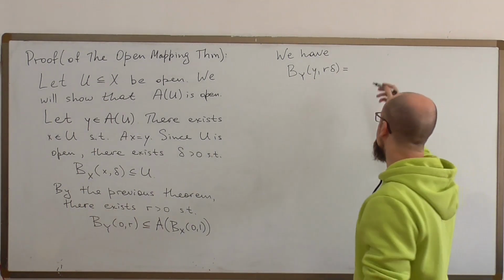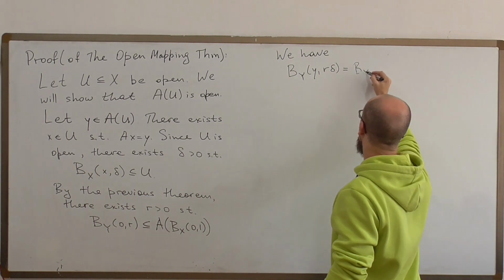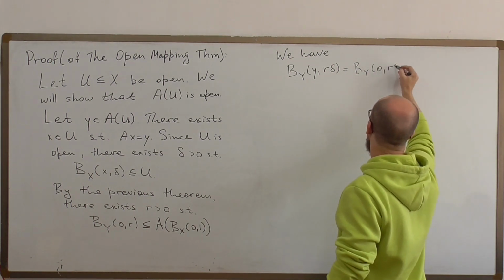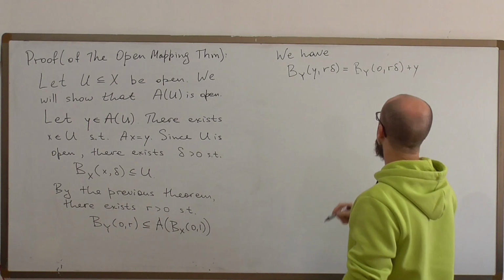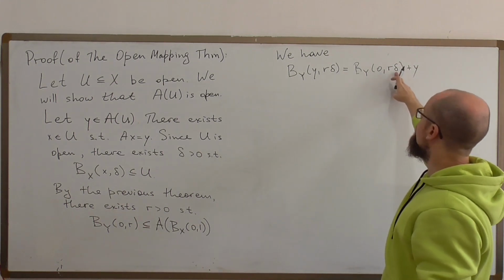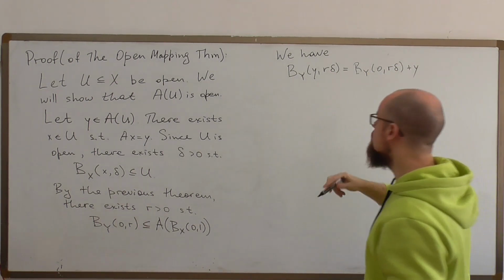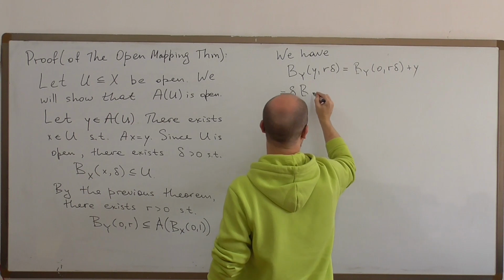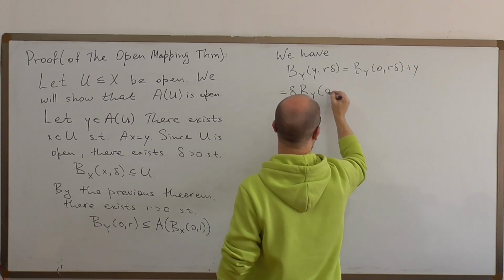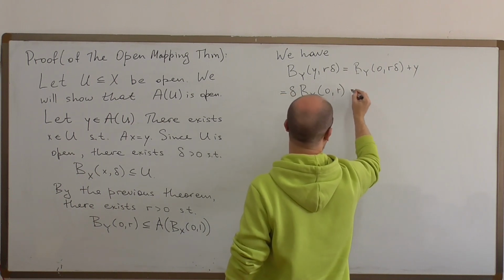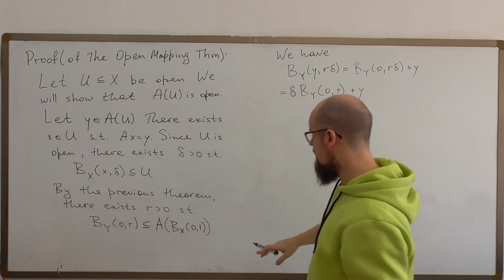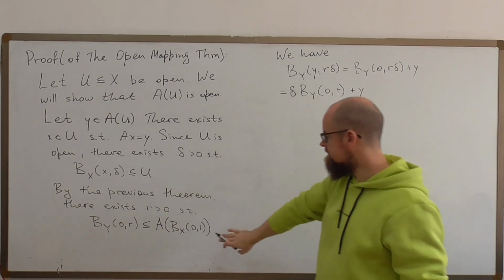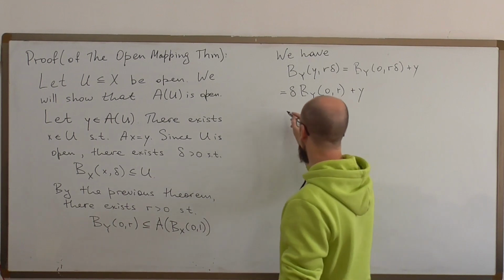Making this shift, we can write it as a ball centered at 0 of the same radius plus y. And now we can factor this delta out. But this ball is a subset of this image. So we have